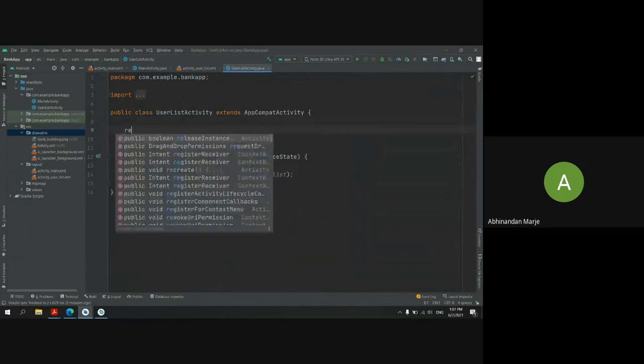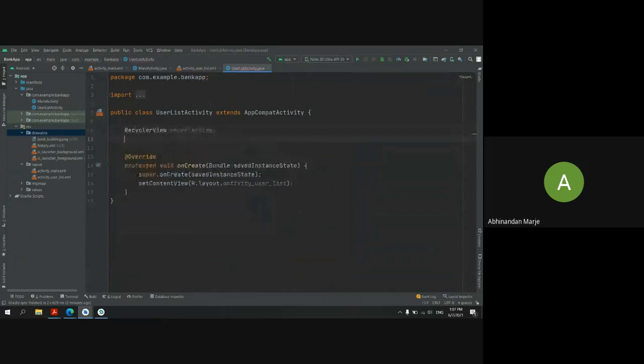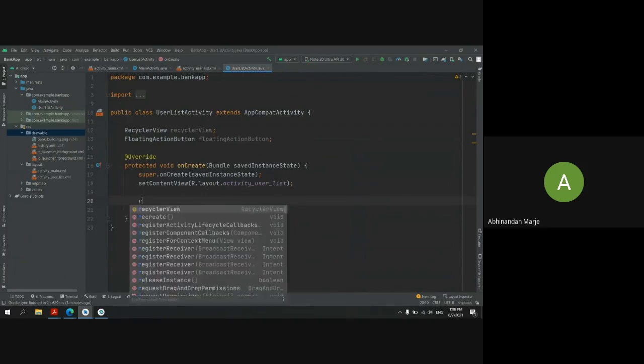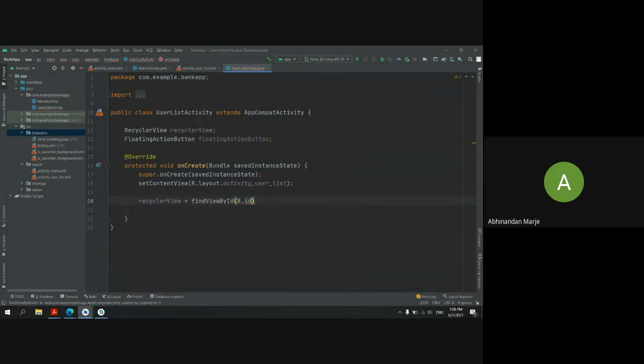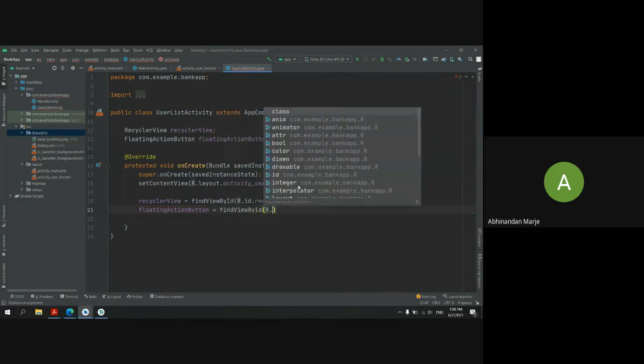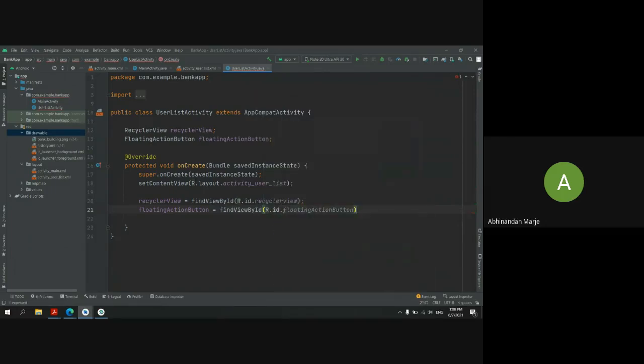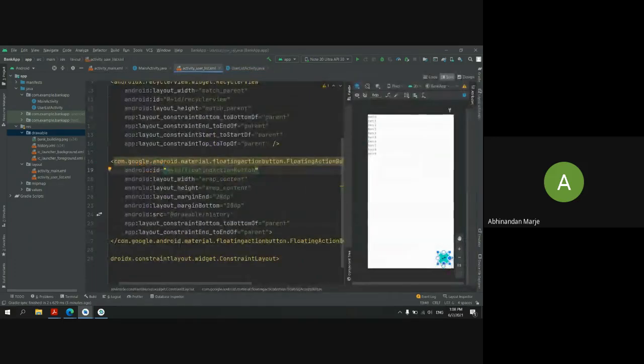Let me define my layouts here. Okay, now when I click on my floating action button, I want to start another activity.